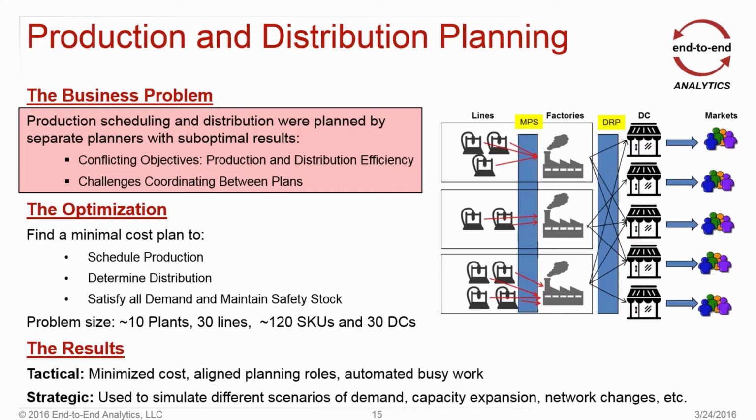Now, beyond that, what we have here are two people who are working full-time to create these plans. So one of the other values that optimization can bring is it really changes the nature of that work, right? Because no longer do I need to think about just how do I create a plan to survive. Now I can think about, what if I do scenario analysis? What if I do things differently? What if my costs change? What if I want to invest in some capital equipment that's going to improve efficiency or improve distribution?